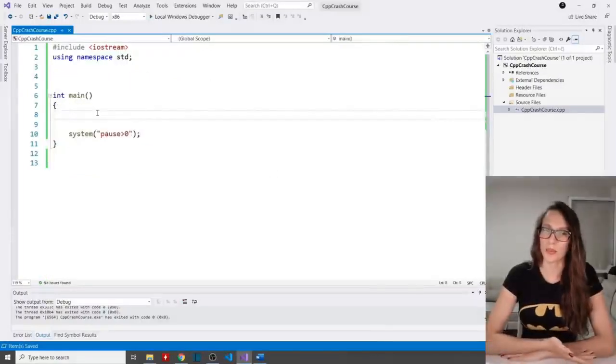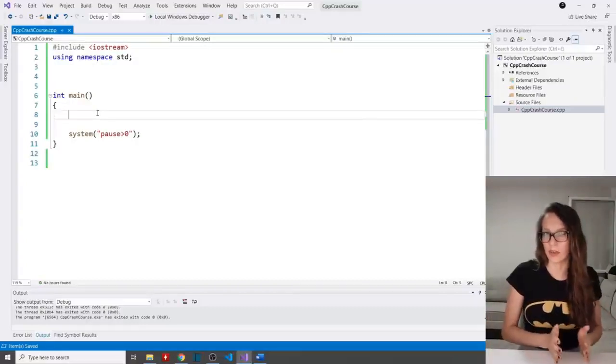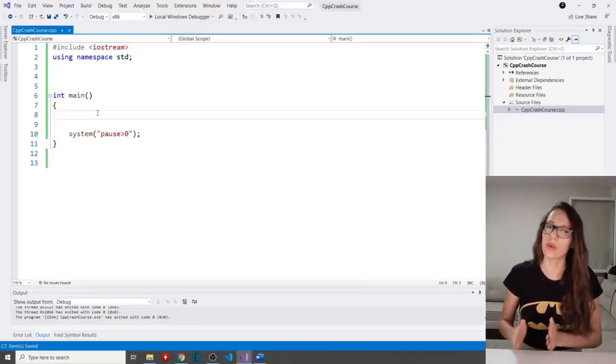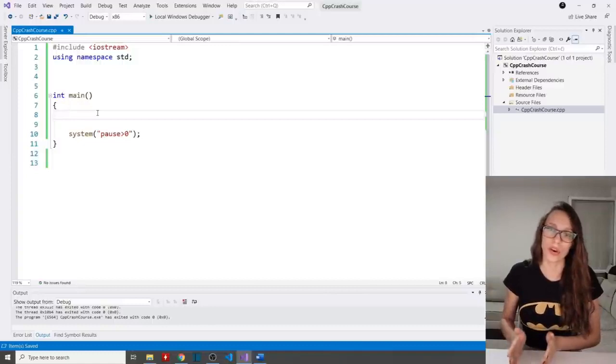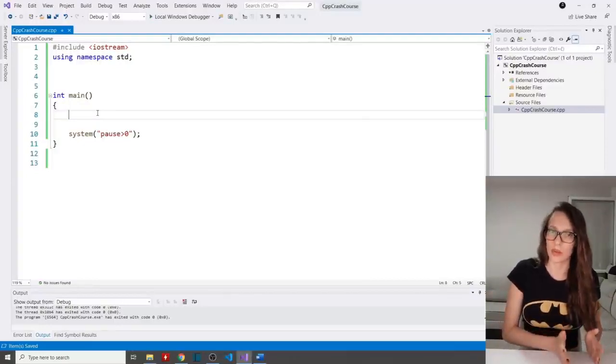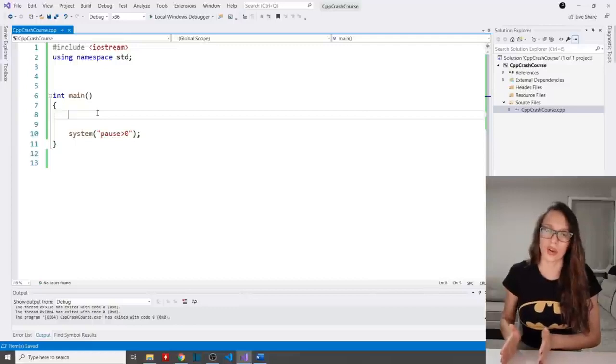In the previous chapter, we talked about functions, and in this chapter, I want to talk about pointers. So let me explain what those are. As I already said, a variable is a container that can store a value, and a pointer, instead of storing a value itself, is going to store the address of a variable. So for example, an integer variable can store an integer number, a whole number, and an integer pointer is going to store the address of an integer variable.